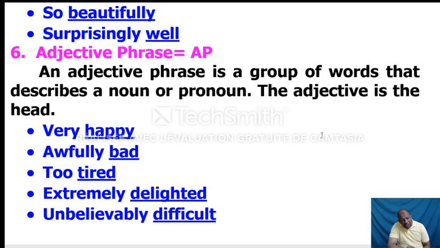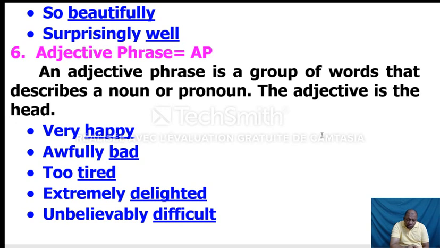In this case you must have the adjective as the head, because any phrase must have a head, that grammatical unit which is the most important element in a phrase. The examples are the following: very happy. The words which are underlined are adjectives, and they are preceded by what we call pre-modifiers, or intensifiers,